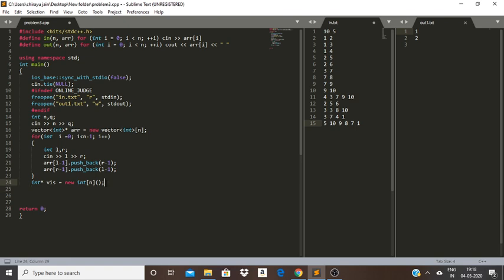Now we are going to perform the DFS on these nodes. Let us make a function which will take the adjacency list, then the starting vertex, that is 0. So we have used l minus 1 and r minus 1 because indices are given from 1, and we need to take the indices from 0, as I am maintaining a vector of n integers only. If you want, you can make a vector of n plus 1 if you are using indices from 1. I am using indices from 0. The starting vertex is 0 for me, and now I am passing the visited array,